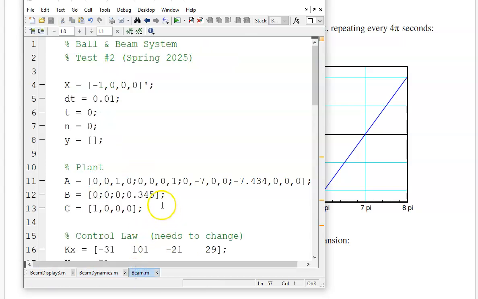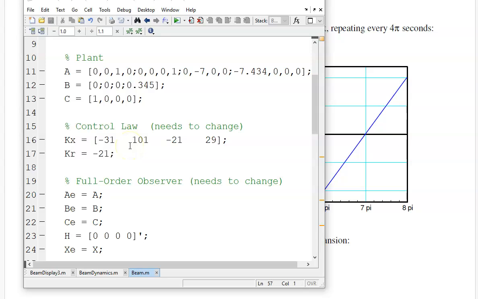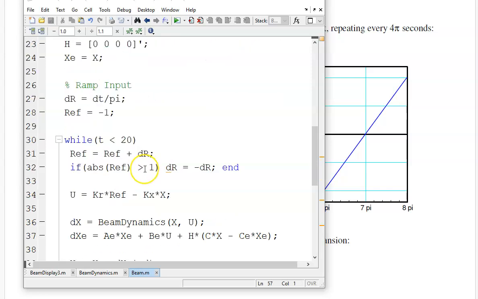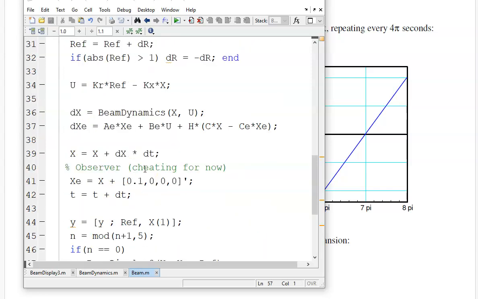And the beam system, this is kind of the starting point. I've got the plant dynamics, the control law. This is the wrong one, but at least stabilizes it. The observer isn't in there currently. You'll have to add that, the observer gains. And currently I'm cheating. The observer just follows the plant, and I'm feeding back the plant states. You'll eventually want to change that to the observer states. What this looks like,